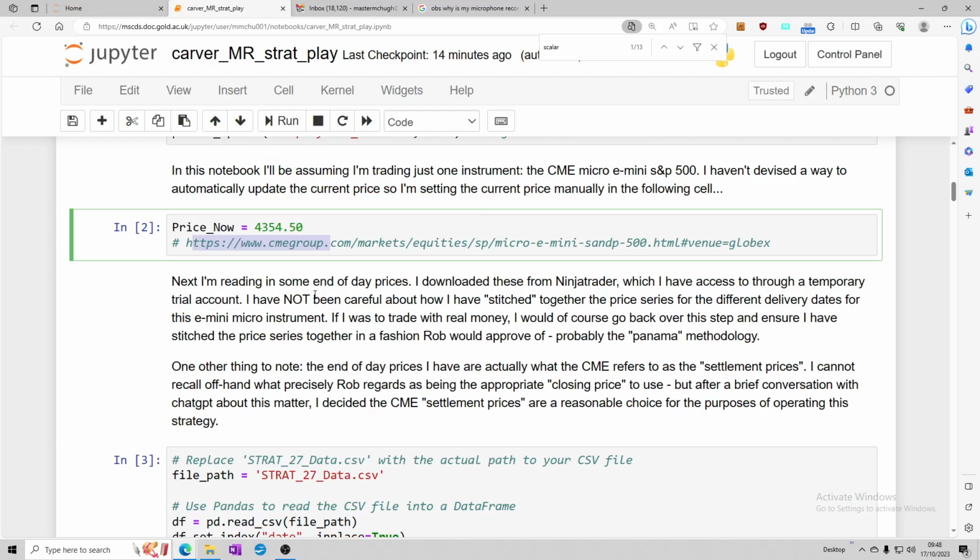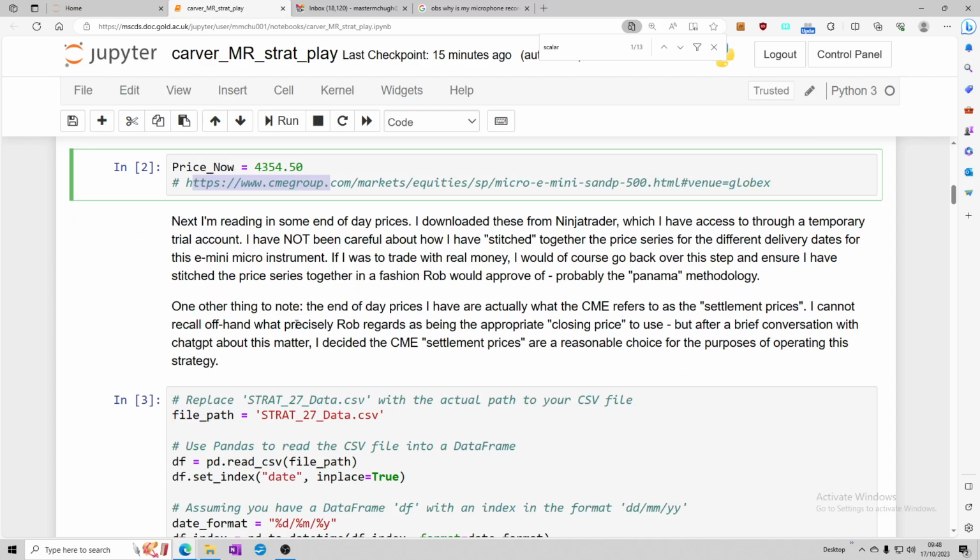Next, I'm reading in some end-of-day prices. I downloaded these from NinjaTrader, which I have access to through a temporary trial account. I have not been careful about how I have stitched together the price series for the different delivery dates for this E-mini micro instrument. If I was to trade with real money, I would of course go back over this step and ensure I have stitched the price series together in a fashion Rob would approve of, probably the Panama